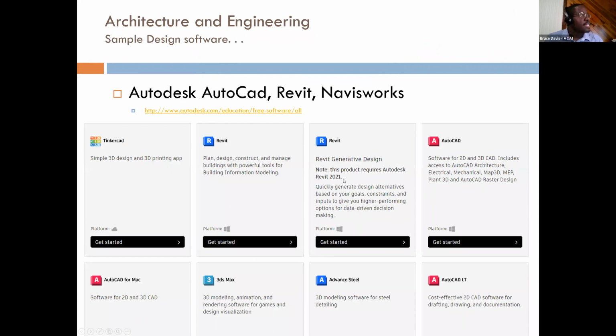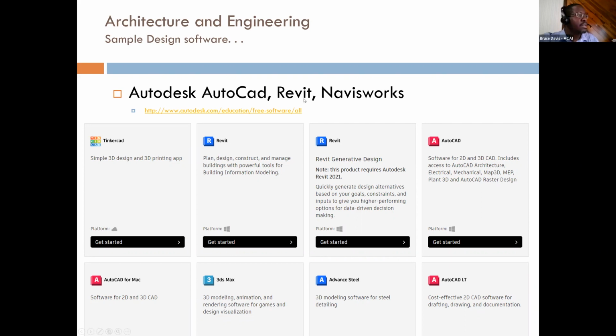So the next thing here is being a student. It's a wonderful time for you all, because a lot of these programs that we use, you can get for free. I do encourage you, if you don't have them yet, and you like drawings, you like architecture, even for your projects, you can go to these websites and download the free version of the software. One of them is Autodesk,